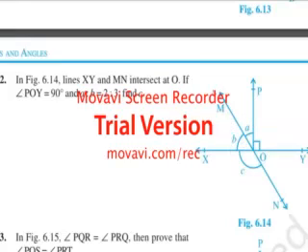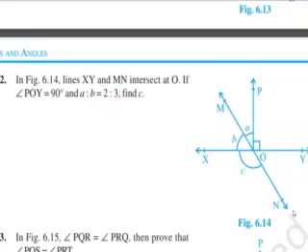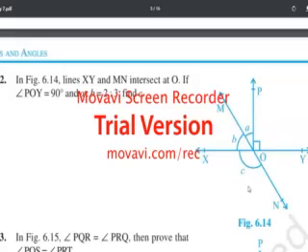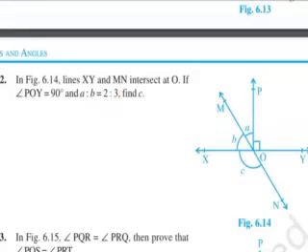Then again what you will do, we know sum of angles on a straight line is 180 degree. So angle MOX plus angle XON is equal to 180 degree. That is angle B plus angle C is equal to 180 degree, and B earlier we had found 54 degree. So 54 degree plus C is equal to 180 degree, and therefore C is equal to 180 minus 54. So that will become how much? I think yes, 126 degree it will become. So that will be the answer.